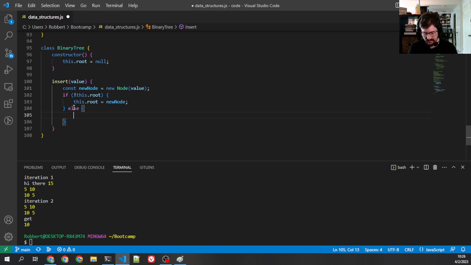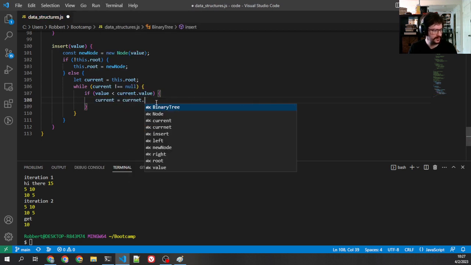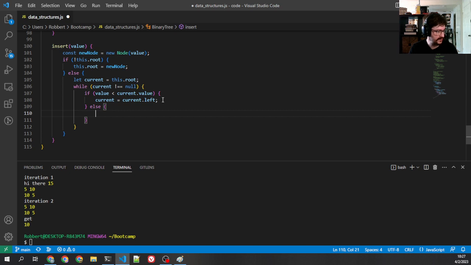So let's say we're going to do current equals this.root, while current is not equal to null. And I'm going to look at this and say, okay, if value is less than current.value, then we're going to iterate to the left. We're going to say current equals current.left. And actually, we want to do something a little bit more complicated here. But otherwise, if the value is greater than,